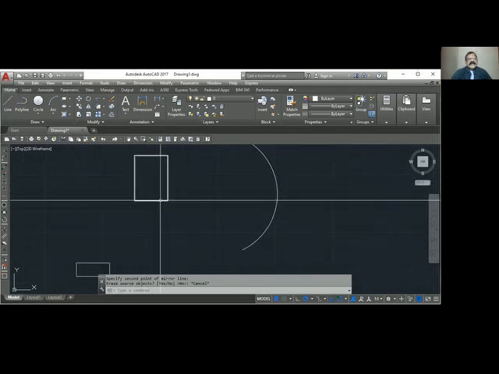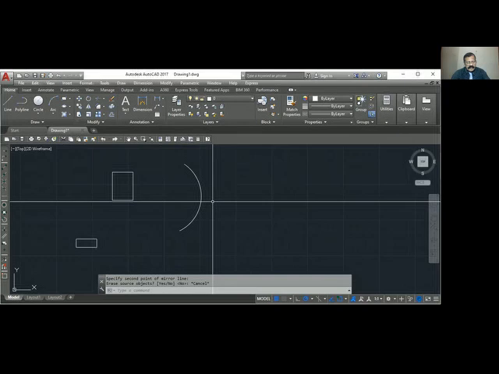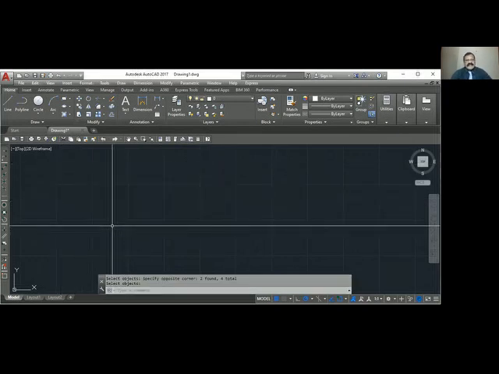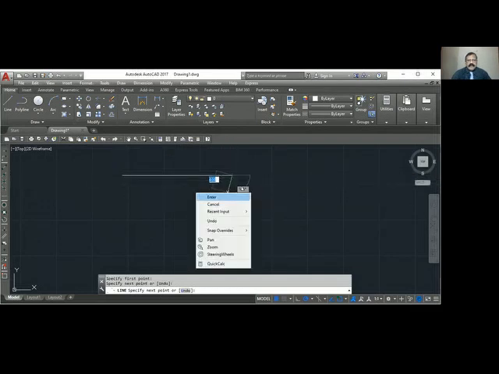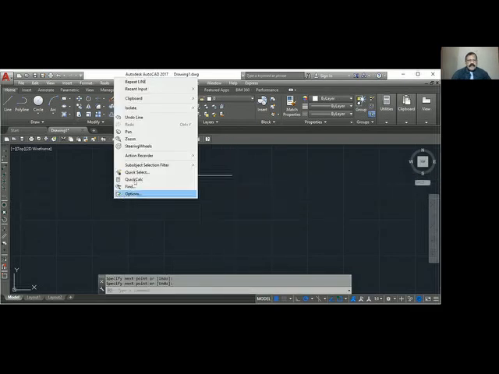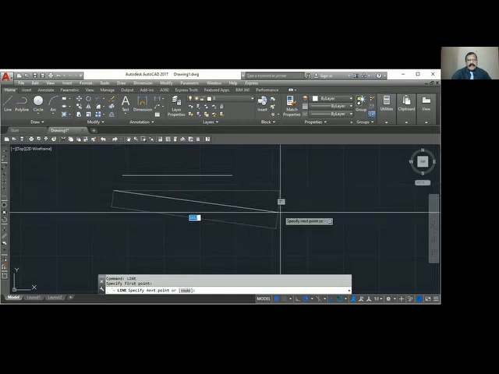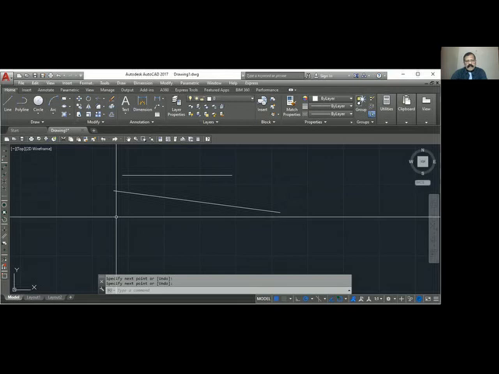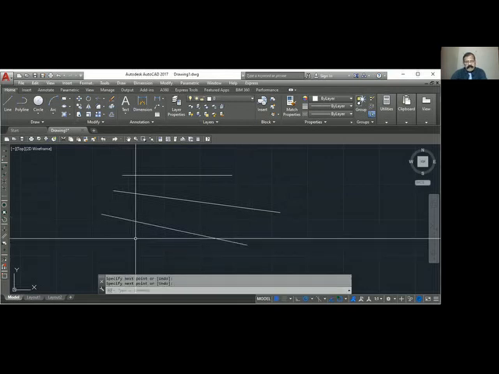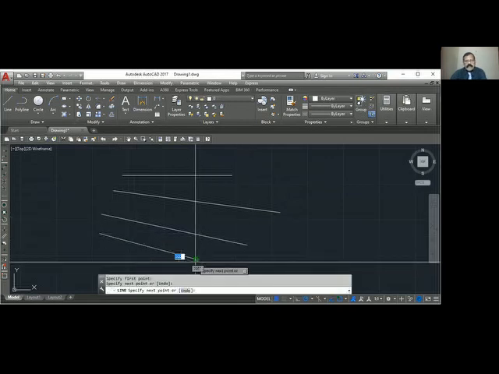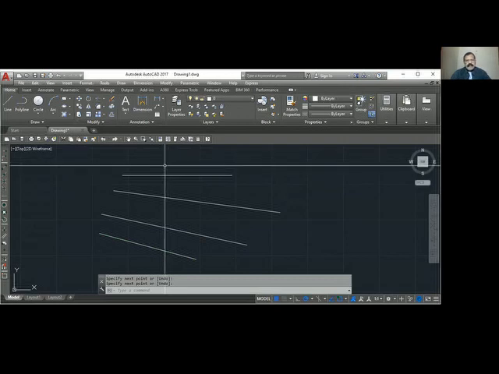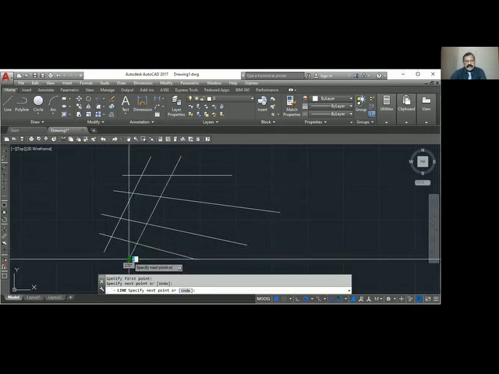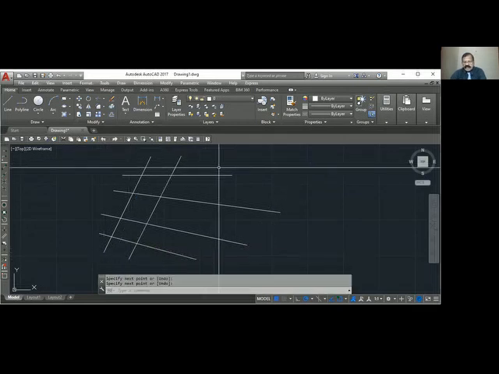Now we'll use the trim command. I have a few lines here. To repeat the last command, just press enter or space bar.